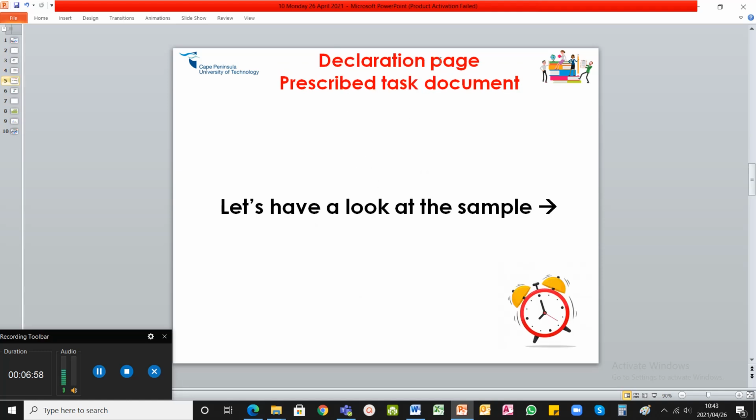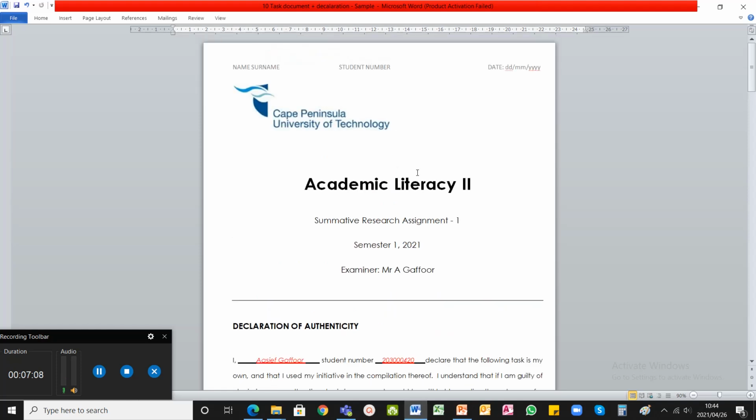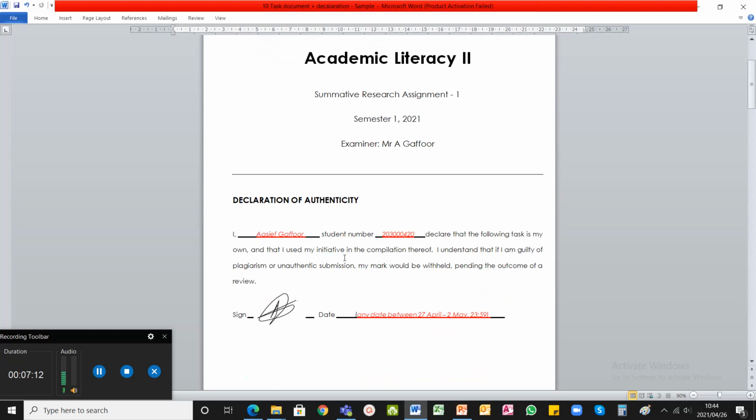Now your declaration page and using the prescribed task document, let's have a look at a sample that I've created. So the task document opens up with your declaration page, and this is a declaration of authenticity indicating that this is your original work. And should any plagiarism be found, your marks will be withheld pending a review. You need to indicate your name, your student number, your signature either electronic or by way of text, and then